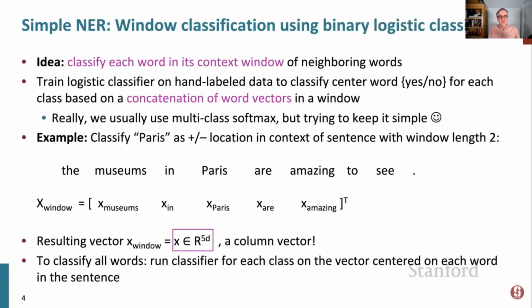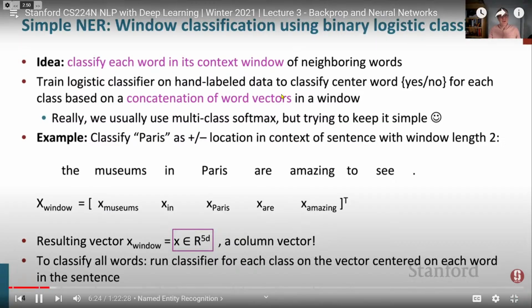Okay, well, how might we do that with a neural network? There are much more advanced ways of doing this, but a simple yet already pretty good way of doing named entity recognition with a simple neural net is to